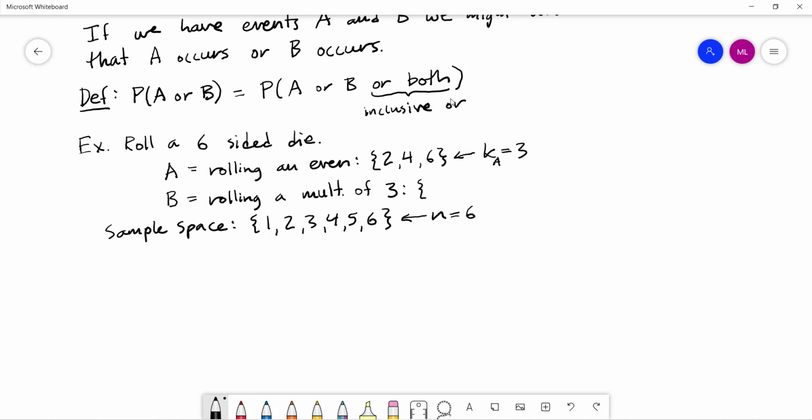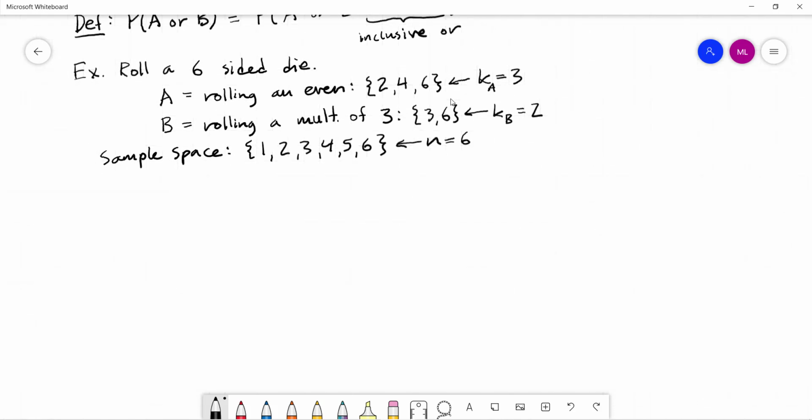And our second one down here is rolling a 3 or a 6. And so we'll say the size of that, how many outcomes satisfy that? There's 2 outcomes that satisfy that. And so when we say, I want to know what's the probability of A or B, or both,